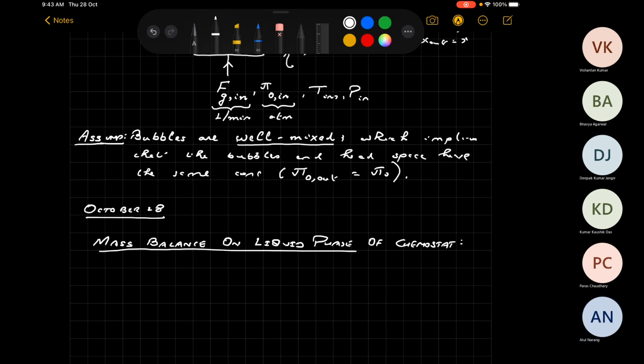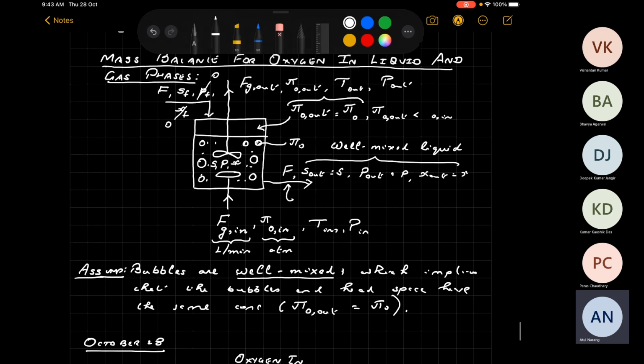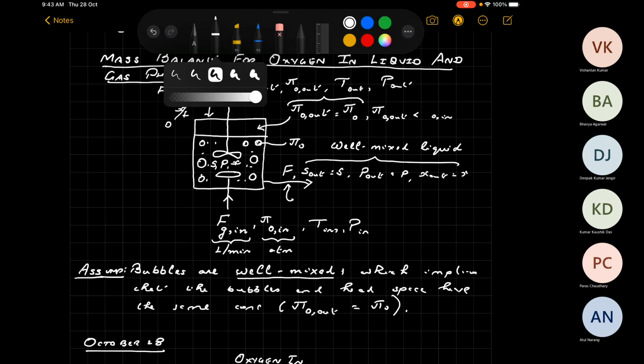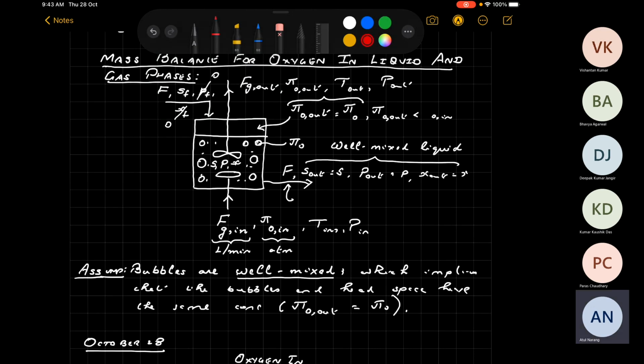So I should actually say on oxygen in the liquid phase. What I mean by that is, if you focus your attention on the reactor,